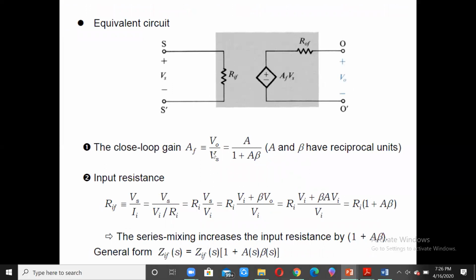So Vs will be equal to Vi minus Vf, Vf will be equal to beta V0, and Vi itself will be equal to V0 by A. So V0, if we take out there, then